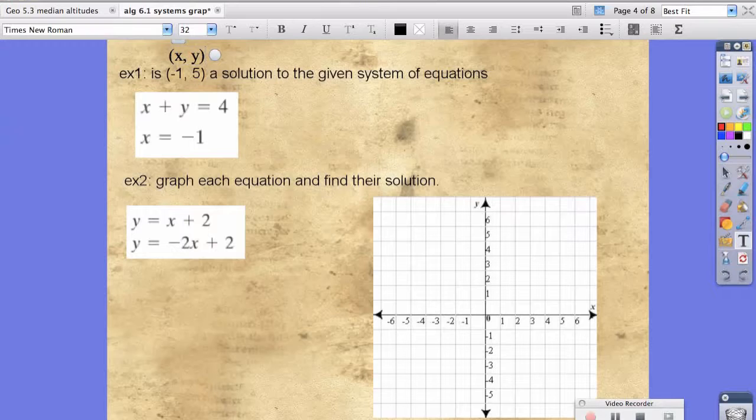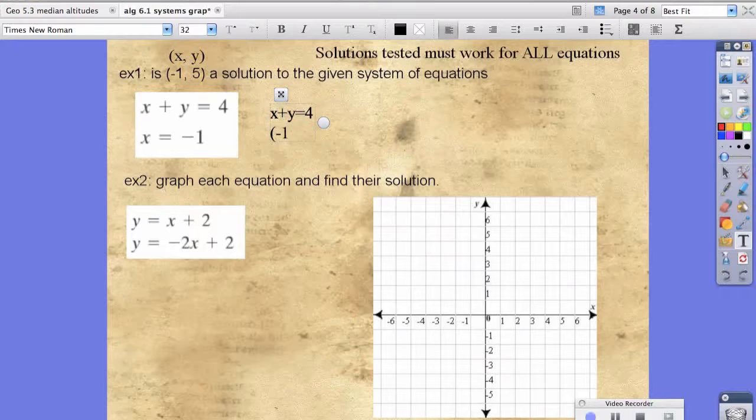Okay, so just a note, and you probably want to write that down. Solutions tested must work for all equations. Okay, so let's try. For the first one, it says x plus y equals 4, and because the point we have has an x value of negative 1 and a y of 5, we're going to see if that's equal to 4. So negative 1 plus 5 is 4, and that's equal to 4. Therefore, this is a solution,